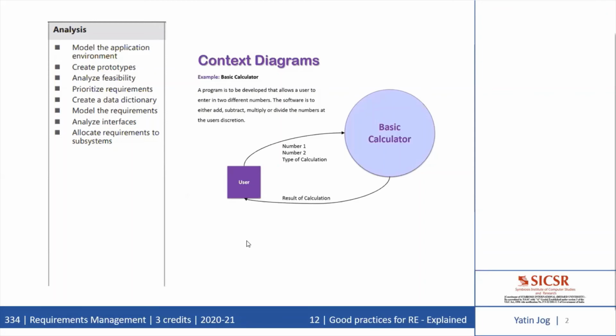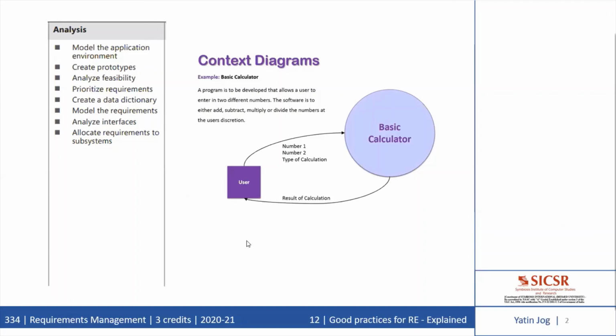Now, the next good practice is to analyze interfaces between your system and the outside world. All software systems have connections to other parts of the world through external interfaces. Information systems have user interfaces and often exchange data with other software systems. Embedded systems involve interconnections between software and hardware components. Network connected applications have communication interfaces. Analyzing these helps make sure that your application will fit smoothly into its environment.